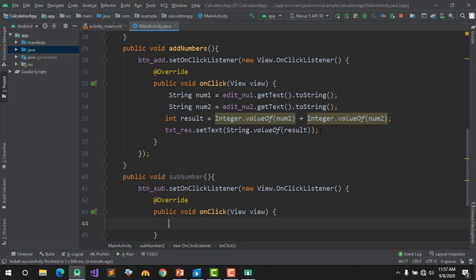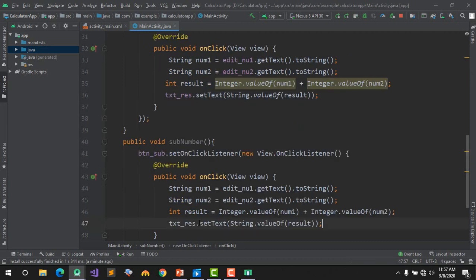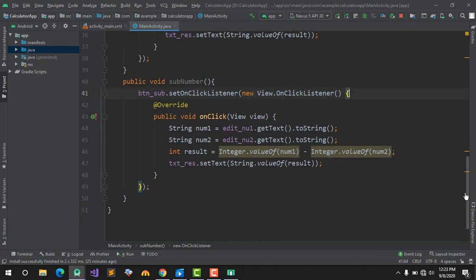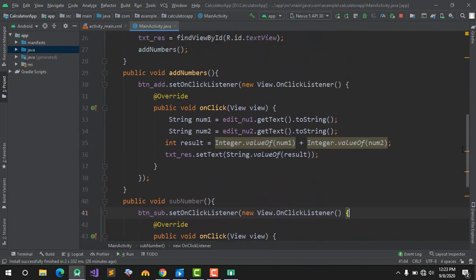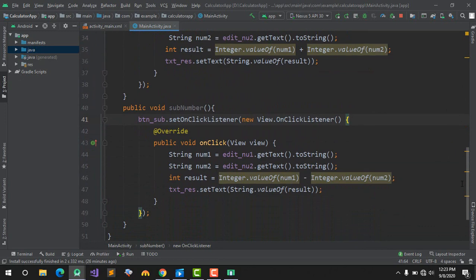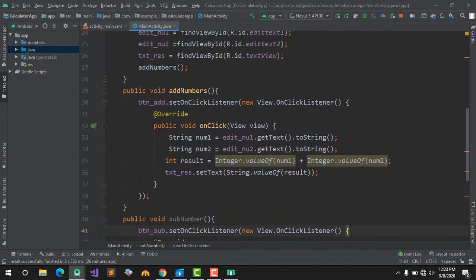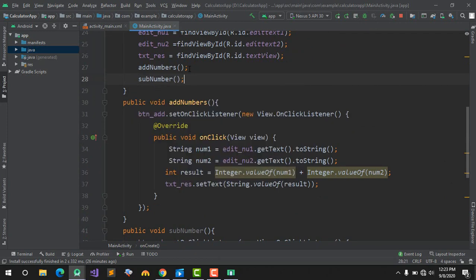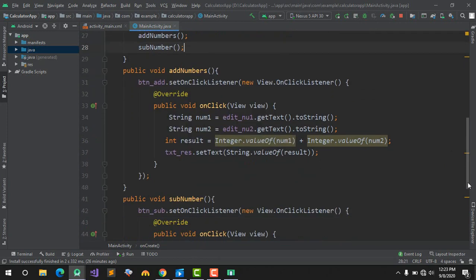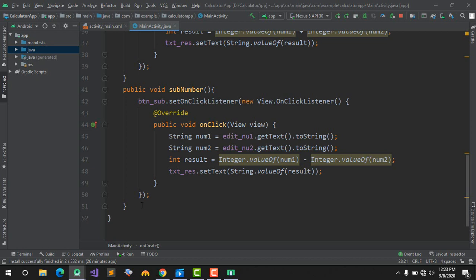For time saving, we just copy this from here and paste here. Change addition to subtraction. Just change the sign, and also call this subtract function in your onCreate method, and make two more functions for